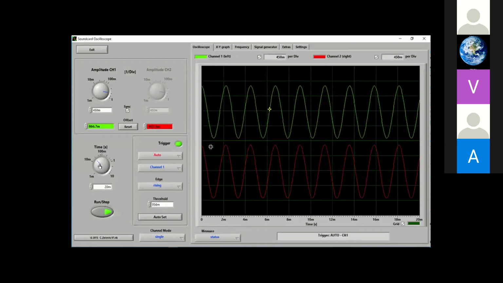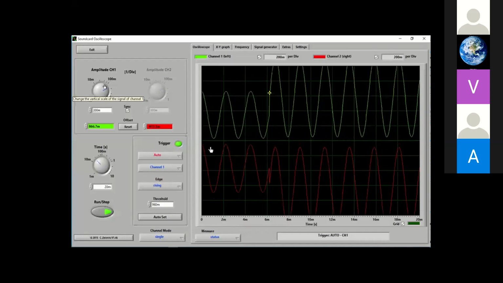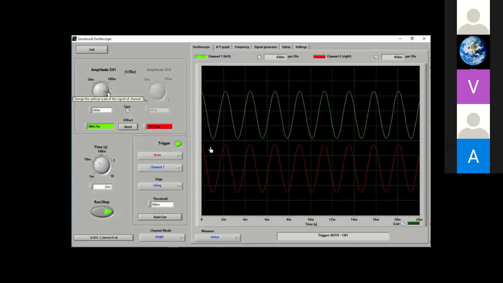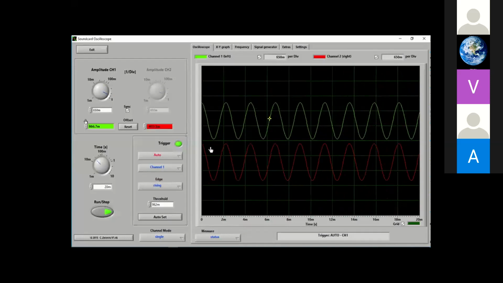Okay, now just zoom a bit. So this section is for amplitude control. Here you can control the amplitude, meaning in the y-axis you can control the scale. If you want to make it small or large, you can do this from this knob. This block is for amplitude control, and this block is for time scale control. This is the vertical amplitude, that is for the magnitude of the signal, and this is the time axis, and we can control the scale of this time axis.